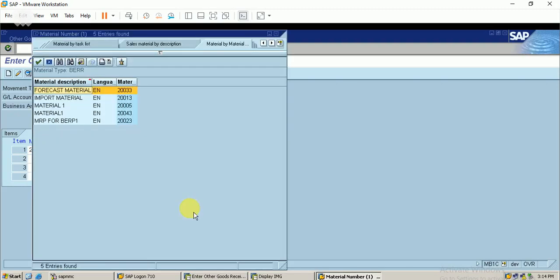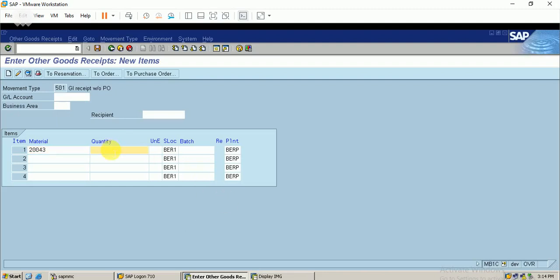So this is the material. I just go with 10 quantity. So this goods receipt will update my stock in my unrestricted location. So you can see that the material document is posted.